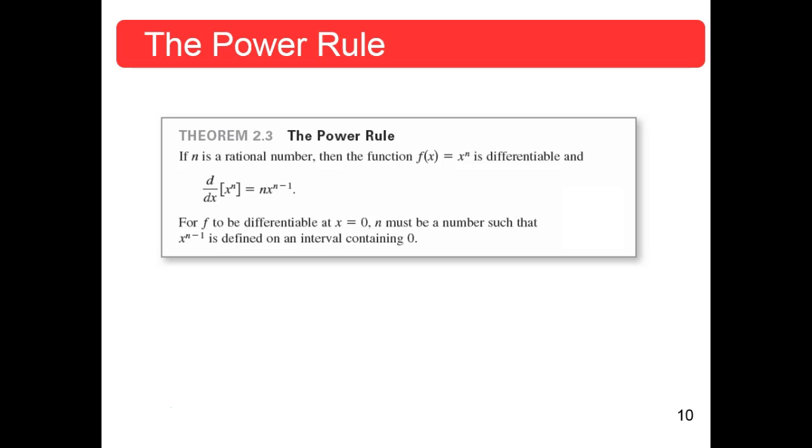Then, if f of x is equal to x to the nth power, that is both differentiable and the derivative is n times x to the n minus 1. You just take the exponent times the coefficient, which you don't see a coefficient here, and drop the n by 1. For f to be differentiable at x equals 0, n must be a number such that x to the n minus 1 is defined on the interval containing 0. In other words,